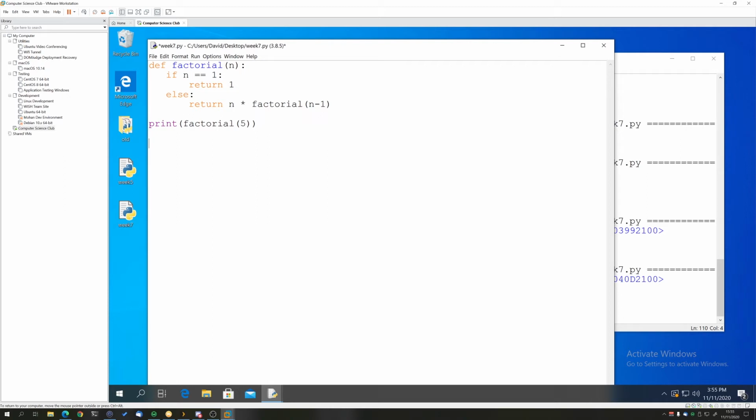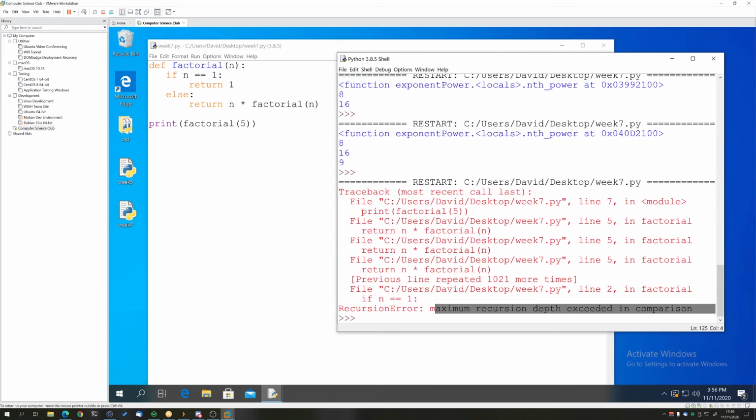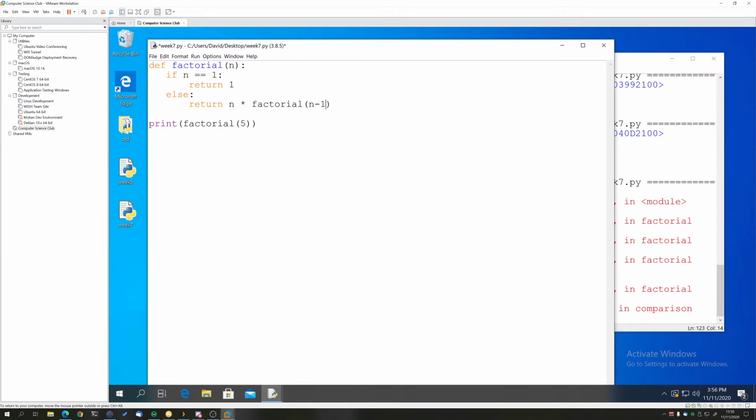The two properties that any recursive function should have are, one, it must have a base case, and two, the recursion must approach and reach the base case. That means we need to be doing some sort of operation so that at some point we will hit the base case, right? If I just said n times n factorial like this, we're not going to reach the base case, so this is going to go on forever. If we try this, Python will stop it because the maximum recursion depth is exceeded. So there are limits in Python, just be aware of that.